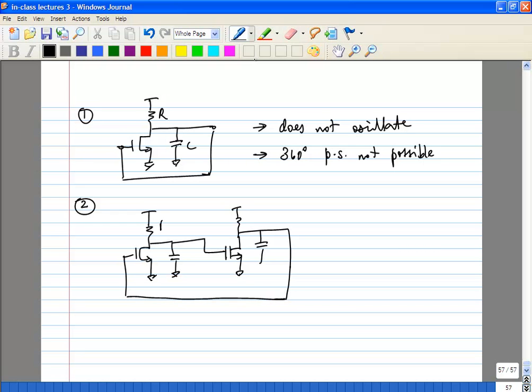Okay, how about this guy? First of all, your DC shift is 360 degrees. So that itself shows you the circuit is going to latch up, one way or the other way. What is the excess phase shift? It's between 0 to 180 degrees, right? So you know definitely the circuit will not oscillate. Okay, so now we know the problem. In these two cases the problem was with the phase shift. So let's try to help, and obviously the DC phase shift is 360 degrees. So what we'll do is, next